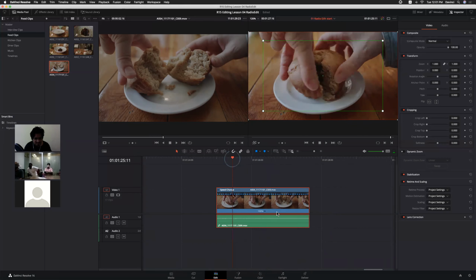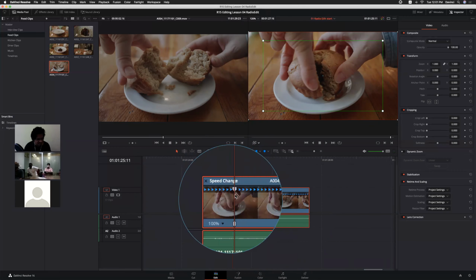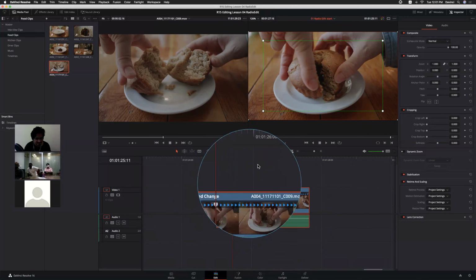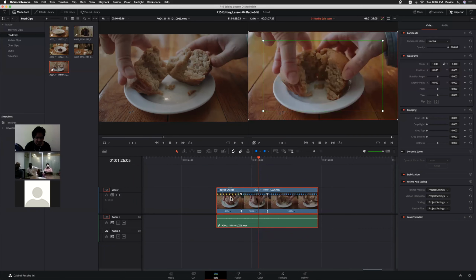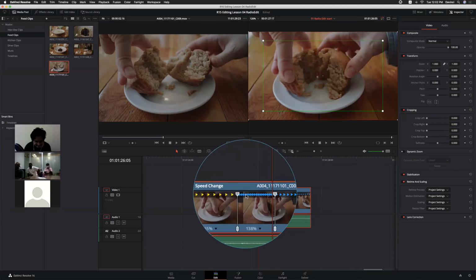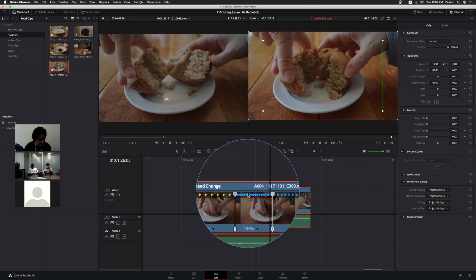Up to here, I want to add a speed point. Now, can you see? Yeah. And from here, I'm adding one more speed point. Now we can adjust the variable speed, right? The yellow color represents we are slowing the clip, and the spacing between the triangles represents we speed up the clip, right?